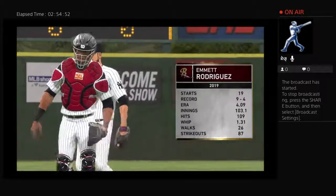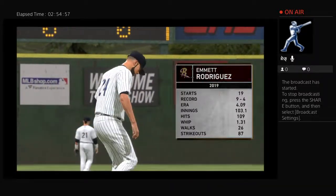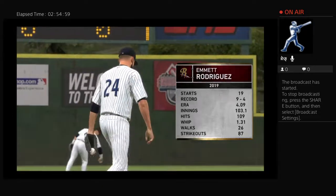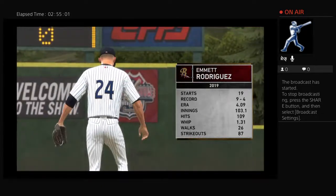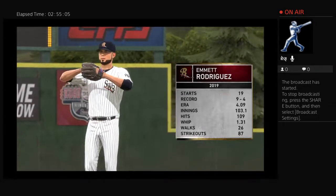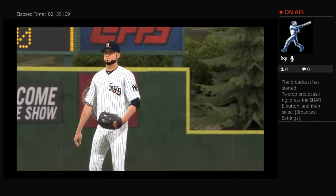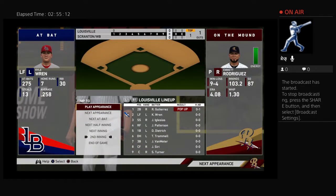Emmett Rodriguez will be on the mound for the series opener. Dan, any thoughts? This guy's a fun guy to watch pitch. It seems like the more trouble he gets in, the better he pitches. Really tough to hit with runners in scoring position, and that's one of the reasons why his team loves when he's out on the mound. He doesn't give...